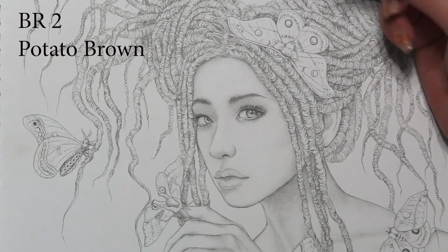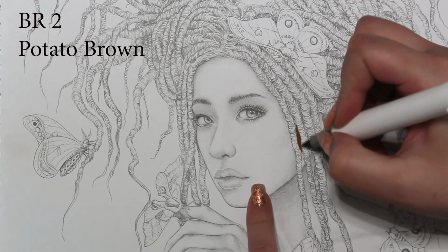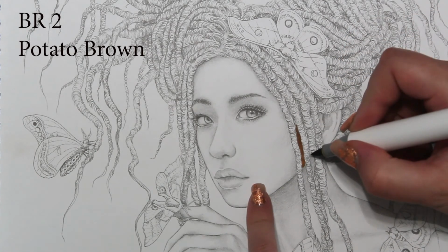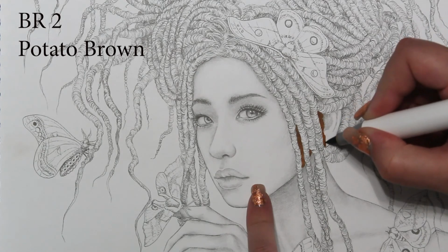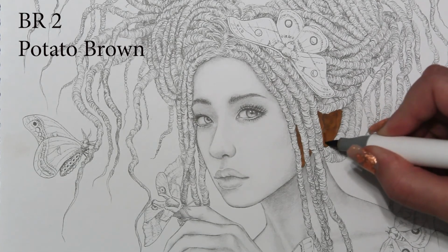So here we go, and this can be the scary part, just touching that. It's like you've committed yourself to this dark color and it can be kind of scary, but we're gonna go for it. I have faith that this is gonna work. I love putting a base coat down because it gives me a starting point and it makes it go faster,